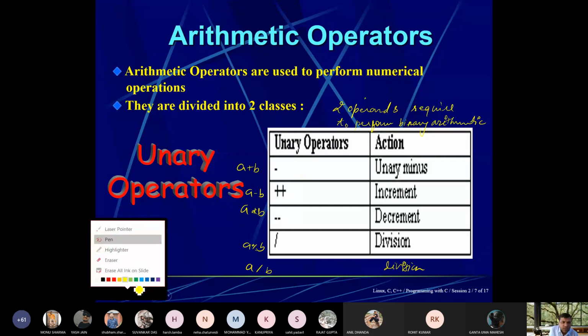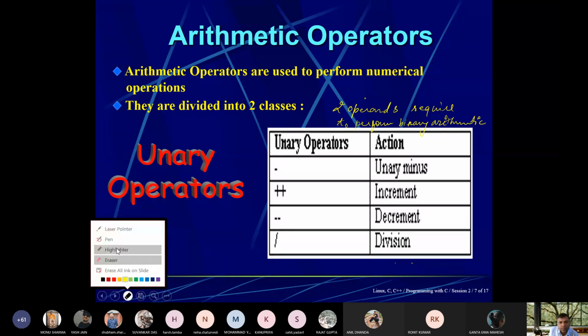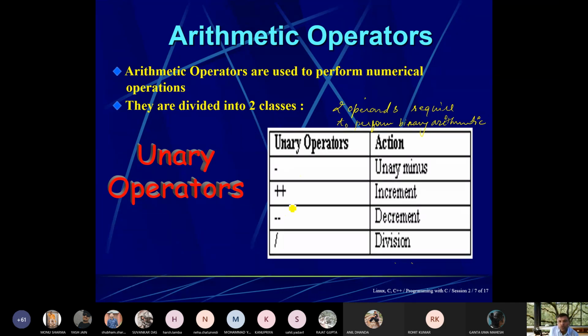I need to erase all these things once again. Here unary minus is given. Unary minus, you can use unary increment and decrement. How? A plus plus means a equals to whatever previous value plus 1.